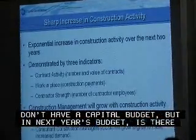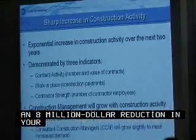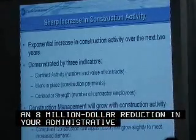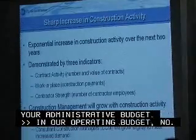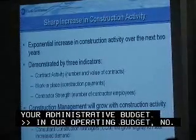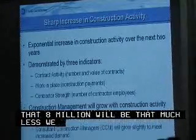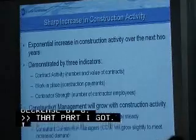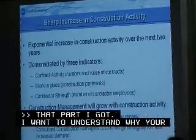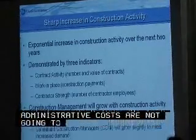In that operating budget, no, and I'll show you why in a second. In the capital program, that line item, that $8 million will be that much less we have to use in the next capital program, so that would decrease by 8. These are all capital expenses. That part, yeah, I got that. But I want to understand why your administrative costs are not going to be reduced going forward. I'll show you why in a couple more slides. And to get to that point,